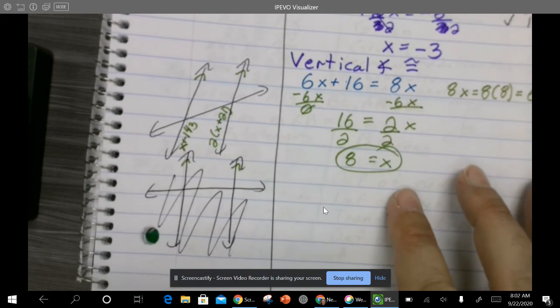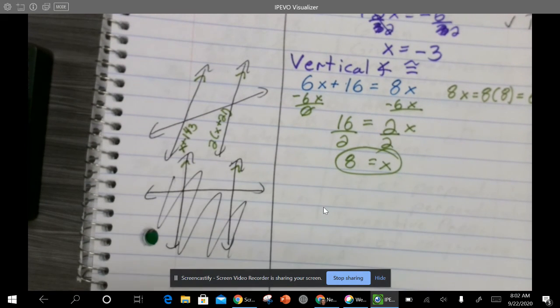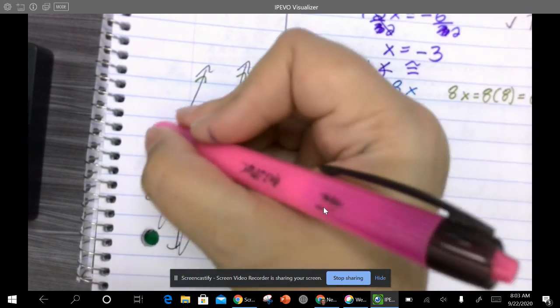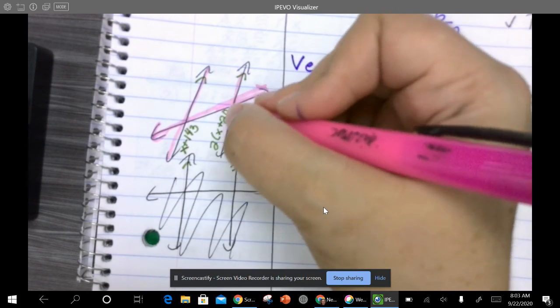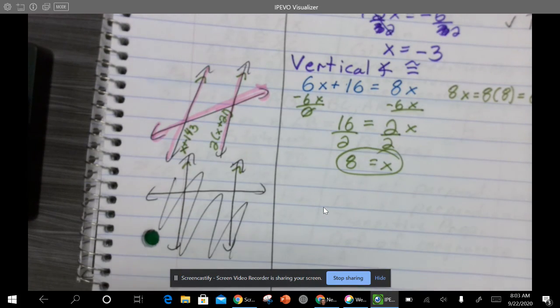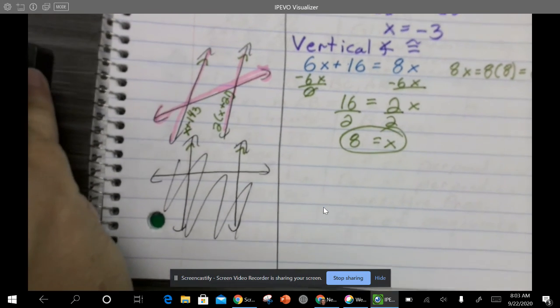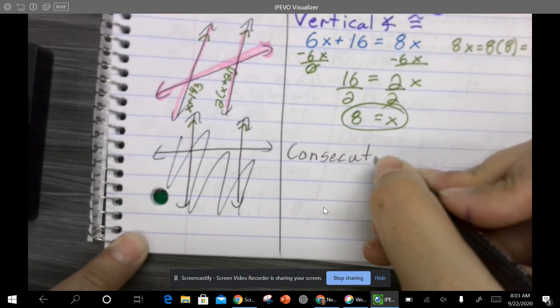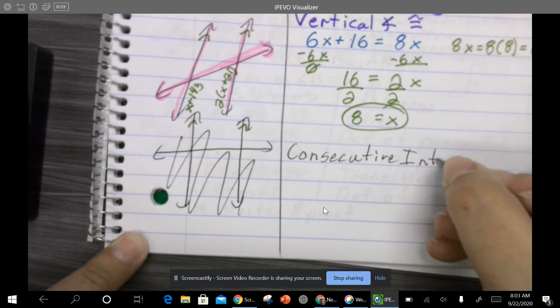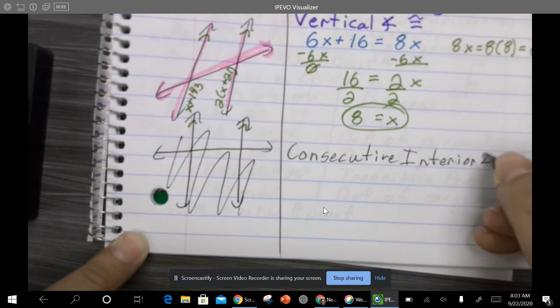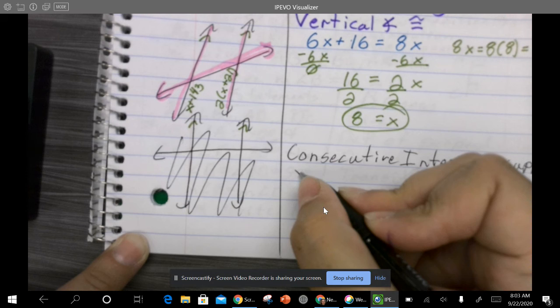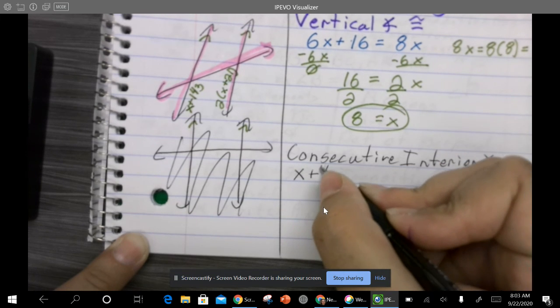Okay, we look at where those angles are, everybody, and those are on the same side of the transversal. This is our transversal. And they are inside, so they're in between those two parallel lines. So they're on the same side inside, so they are consecutive interior angles, which means that they are supplementary. Okay, so we're going to set them equal to 180, so x plus 103